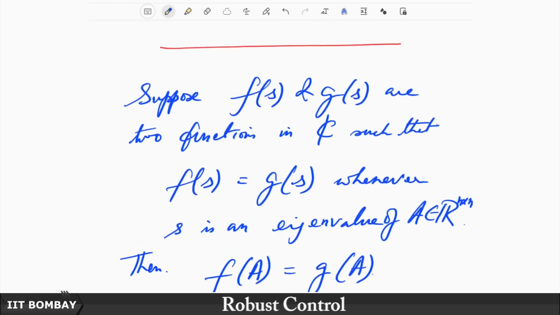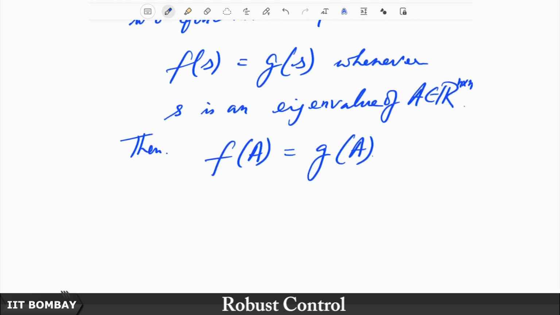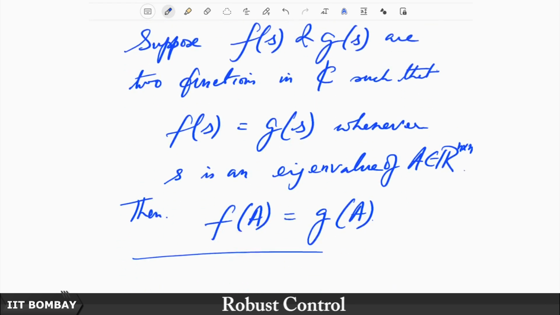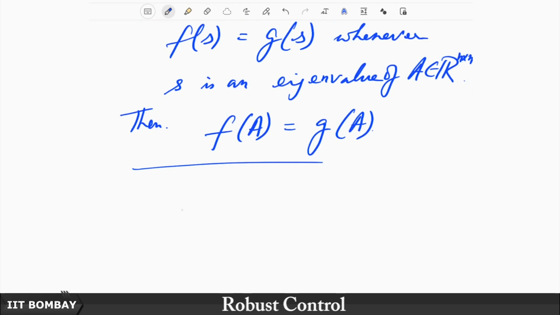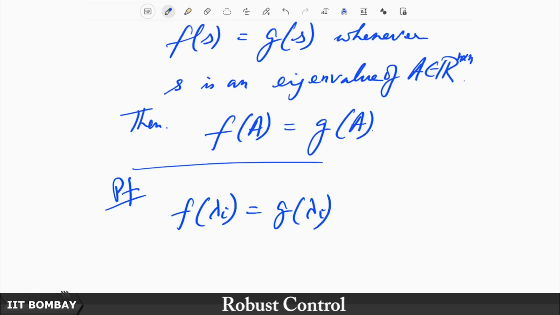So, a very succinct way of putting this is, if two functions agree on the spectrum of a matrix, then they are equal when you substitute the matrix itself as the argument. When you pass on the matrix as the argument of those functions, they must be equal. Why should this be so? See, what is this saying? Again, we are not going to state this like a formal theorem-proof environment, but let me just give this the veneer of a proof. So, if F(lambda_i) is equal to G(lambda_i) whenever lambda_i is an eigenvalue of A,